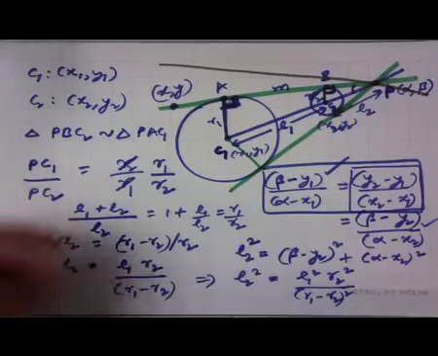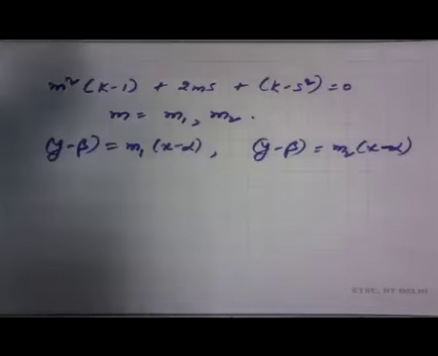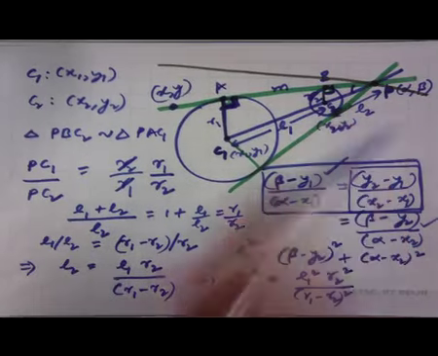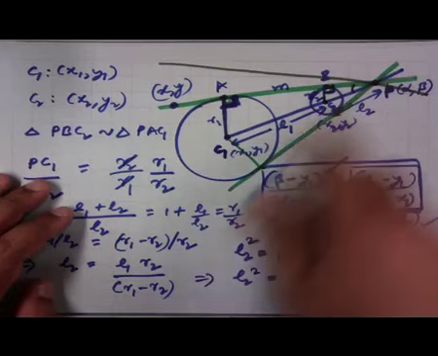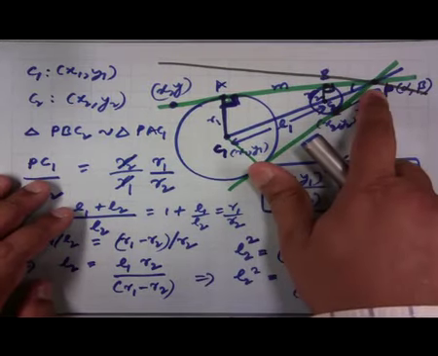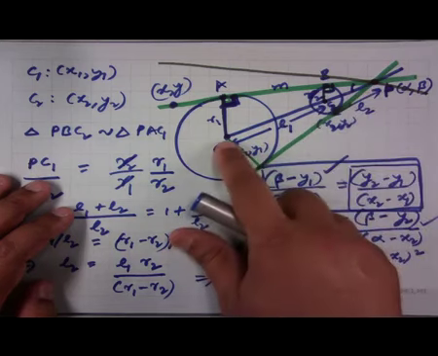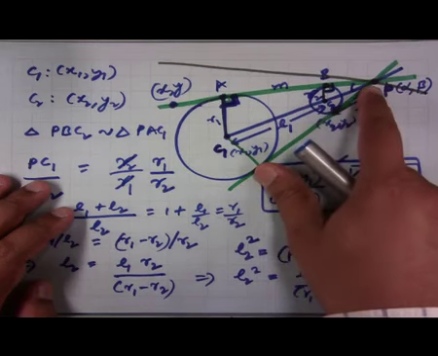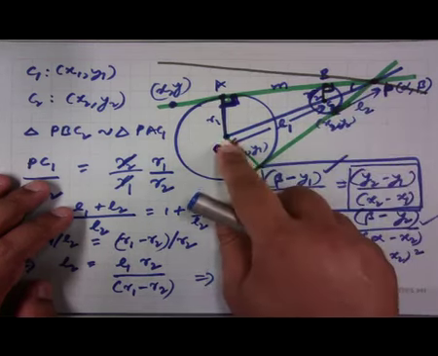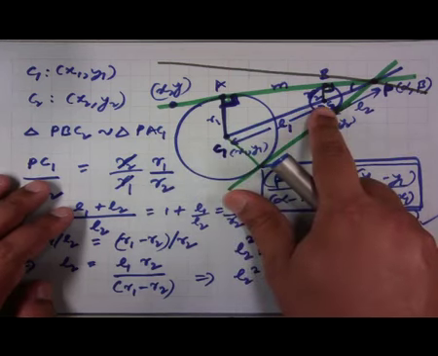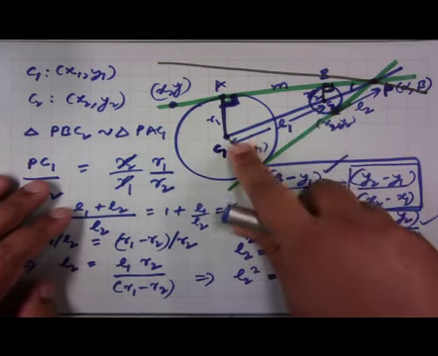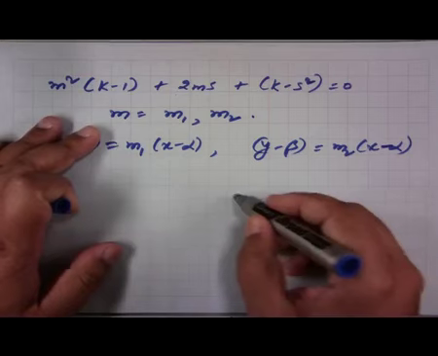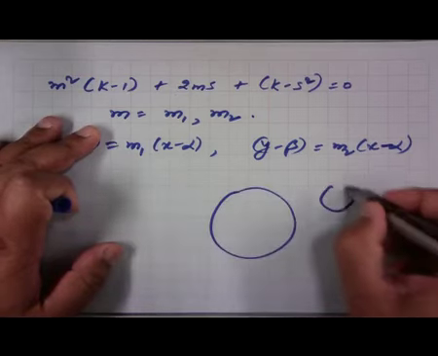And further, it is also easy to see that these two direct common tangents meet at this point P, which lies on the straight line joining the centers of the circles, and this point P divides the straight line joining C1 C2 externally in the ratio of their radii. So, what I mean to say here is